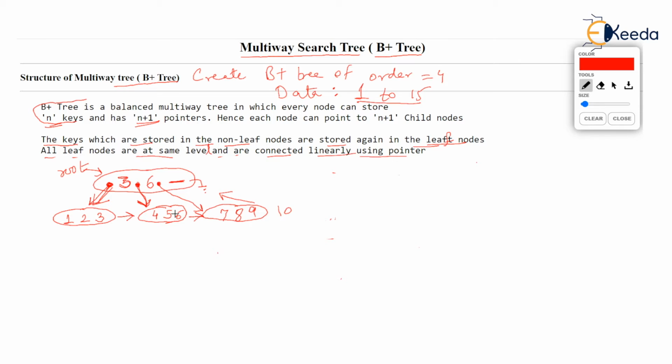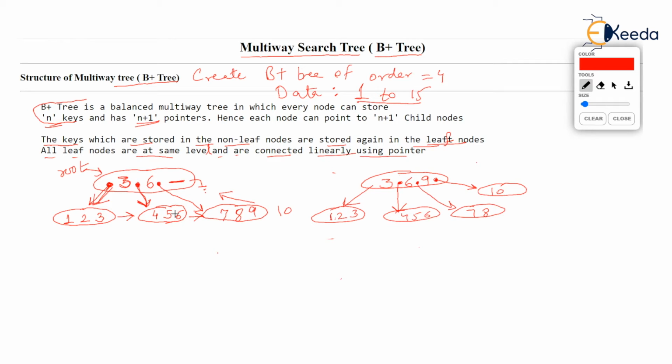So what's the new tree now? The root is now storing 3, 6, 9. And down under here, we have 1, 2, 3, with no change there. Then we have 4, 5, 6. Now, as a result of the split, we have a node which stores 7, 8, and a node which stores 10. The left of 3 still points to 1, 2, 3. The pointer in between 3 and 6 points to 4, 5, 6. The pointer between 6 and 9 points to 7, 8. And the right pointer of 9, the extreme right, points to 10.